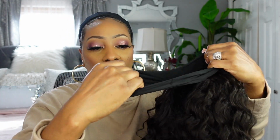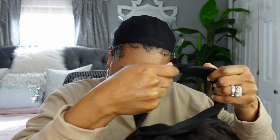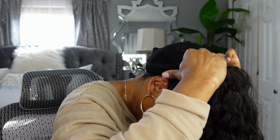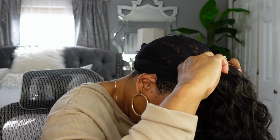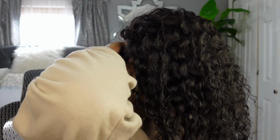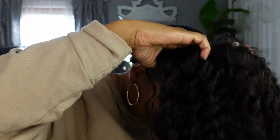And now I have the cap on. So get your wig like so. This is the headband part that goes in the back with the Velcro. You can put your wig on like this, just like so, and bring it forward and just flip it back. Okay, so once you have it like so, you're gonna take it and you're just gonna flip it. Make sure that the headband,